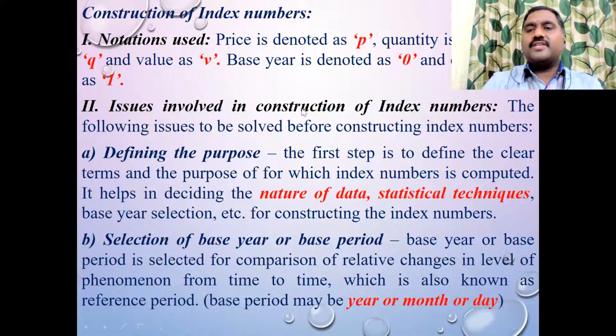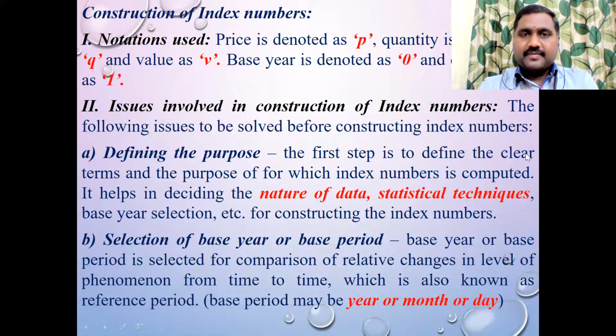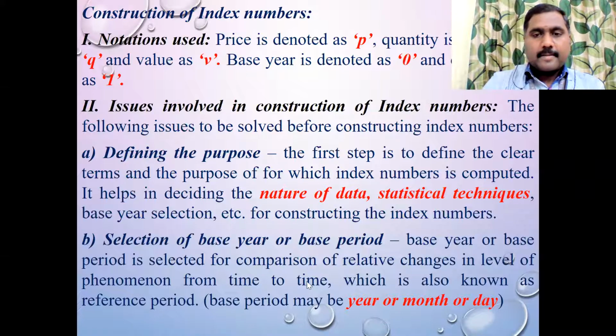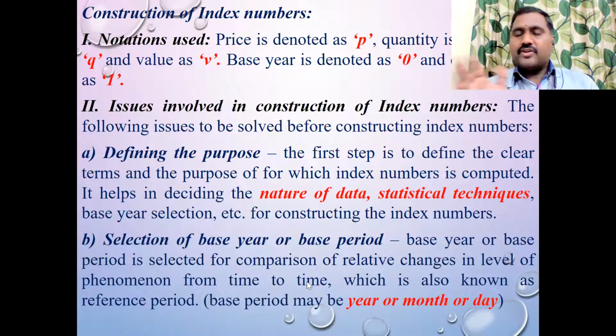Okay, and when you're constructing an index number, what problems may you face? How to solve them? Before finding the index number for the given problem, the first important step is the base year. A base year is a fixed period. For example, which year was the mobile phone introduced? Maybe in 2000. It was not introduced in 2005 or 2010. The base year means the year it started.